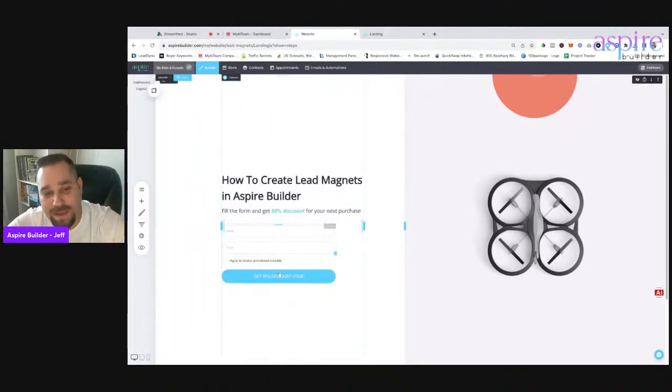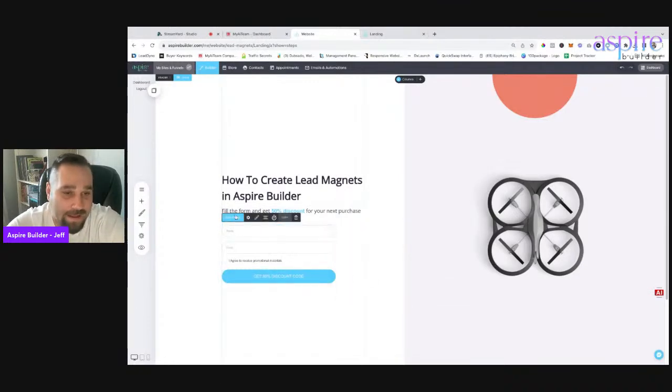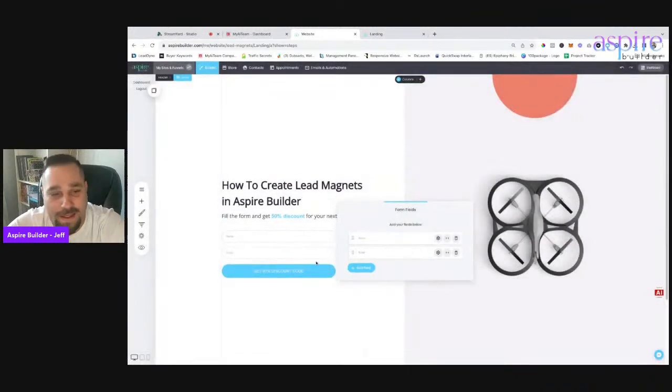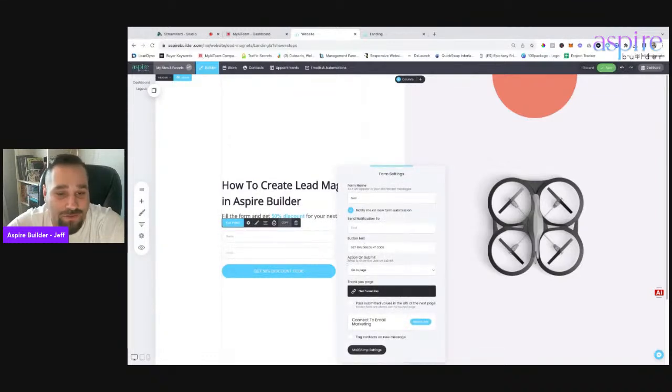All right, so if they went to this page, I'm going to make it where they click this edit field. This is our little form. I'm going to click this. I don't really need to agree to the promotional, so I could delete this. It's easier to delete a lot of the stuff you don't need. And then I could hit edit, and then I could just change right here where it says get this. I could just update the button text, right? So I could say get free access